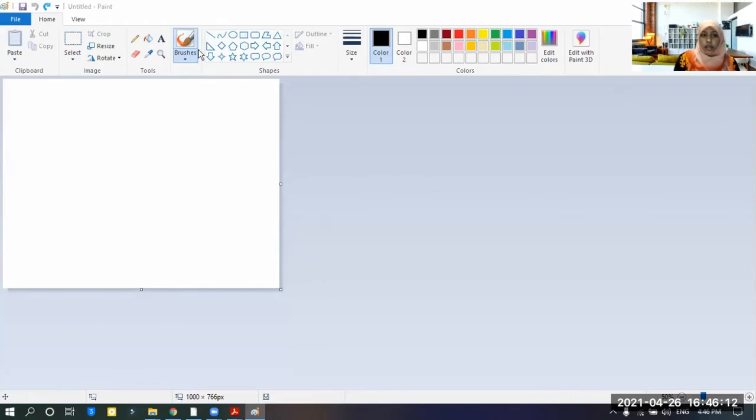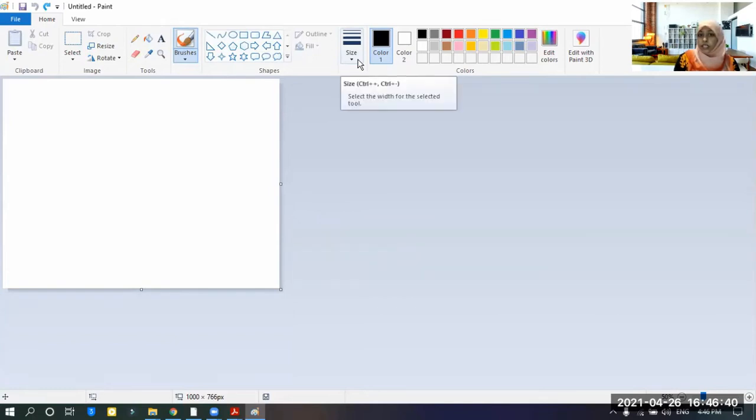right? So there are a lot of kinds of brushes here also. These are brushes. And there are a lot of shapes here. You can select whatever shape you want from here. And then after applying these shapes, there are two options here to change the color of the outline of the shape and to fill the shapes with color.